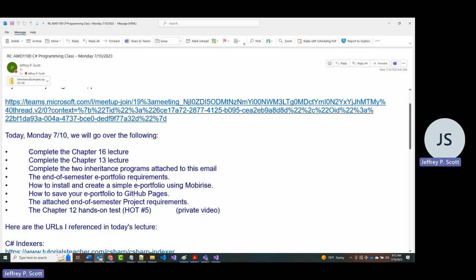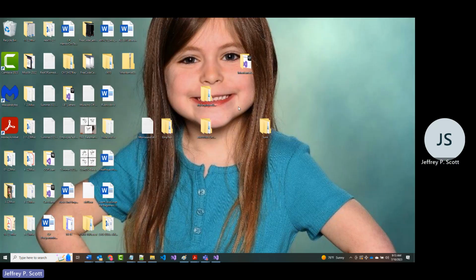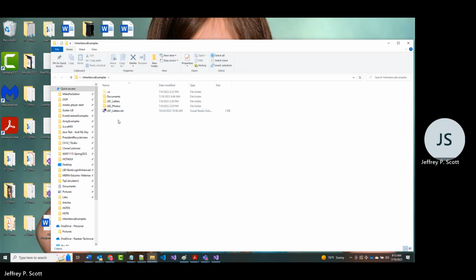So we have now completed both the chapter 16 lecture and the chapter 13 lecture. What I'm going to do next is we are going to complete the 2 inheritance programs that have been attached to your email. Now, I gave you this today, and it's in a folder, and in that folder, we've got a thing in here that's called LB1 letters. Terrible name. But what I'm going to add right away here